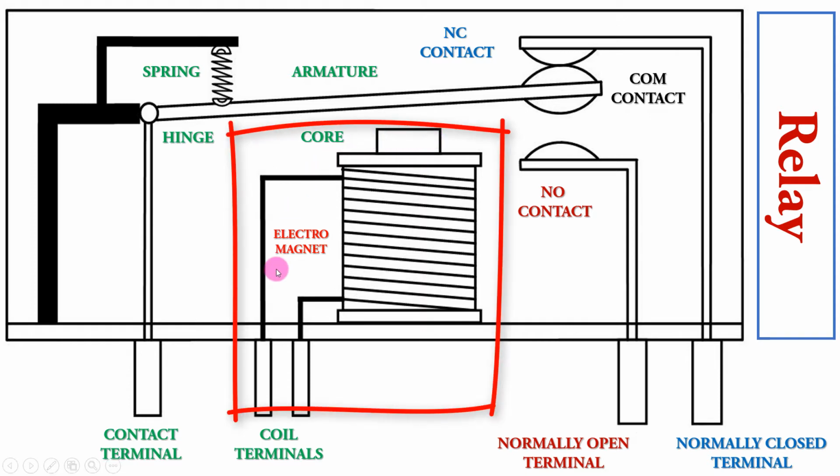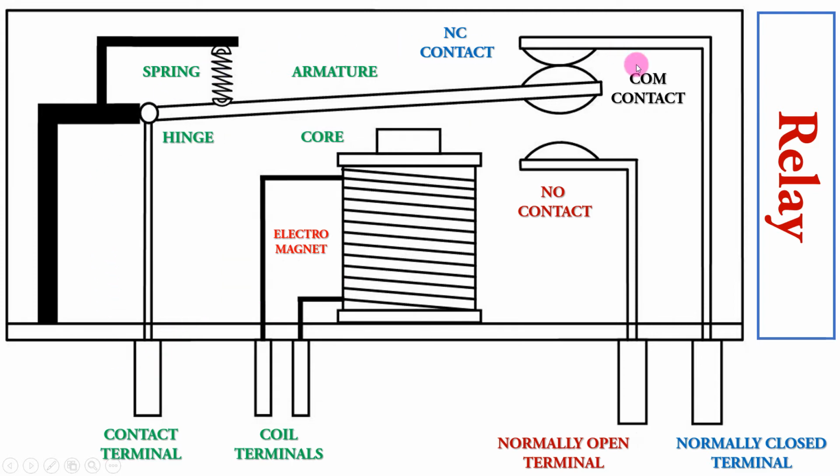So this is the electrical part of the switch, and the mechanical part is shown over here. This whole part is the mechanical part. Whenever the current is not there in the coil, the spring will load the contact to this particular connection, and this is called the normally closed terminal. Normally closed means the NC contact. So when there is no current, it is in the NC position.